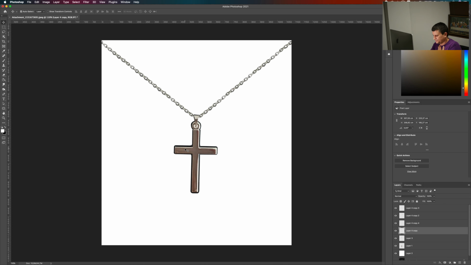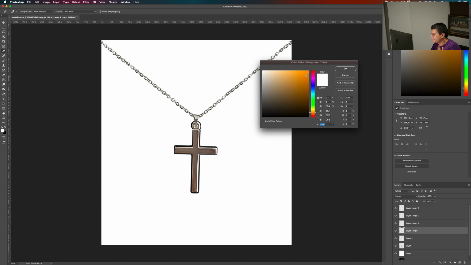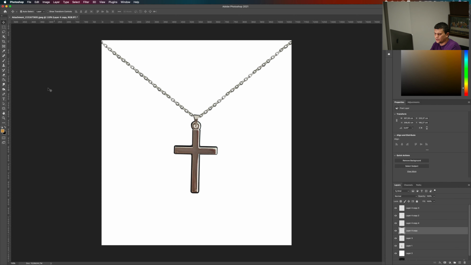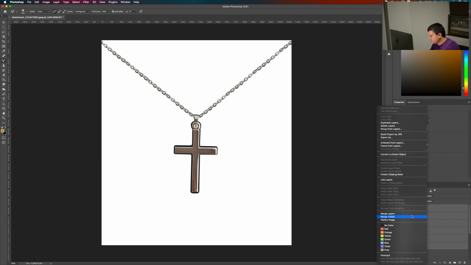I will make it a yellow gold color. This is the gold color that I use. Press OK. Now with the color replacement tool, sorry, the brush tool. Now select all the layers, press Command and Control J to make a duplicate of all the layers, and just